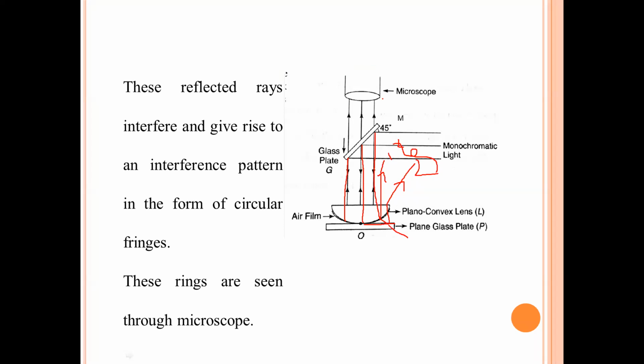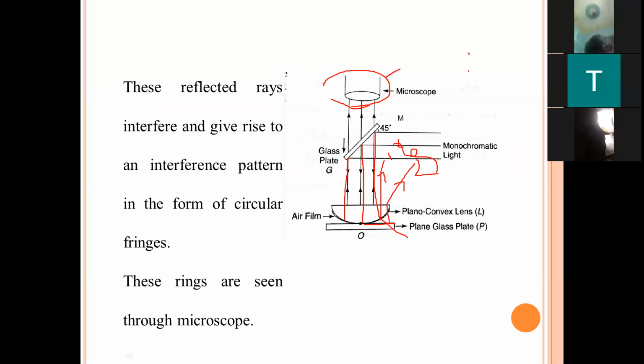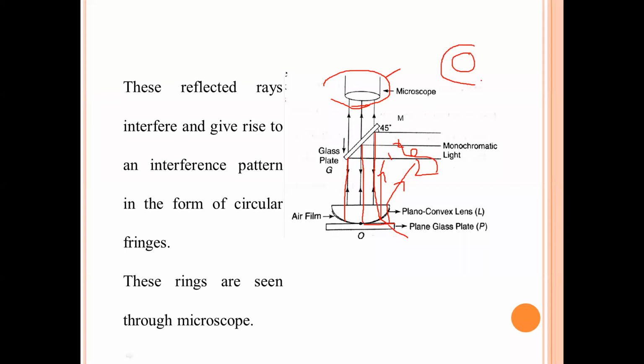Now, by observing through a telescope, the traveling microscope, here we see dark and bright rings like that. In the case of interference in thin films, we discussed only dark and bright fringes like that. Okay. So then what is the difference between these two experiments? Why are rings formed here? Why are fringes formed there? That will be explained clearly.